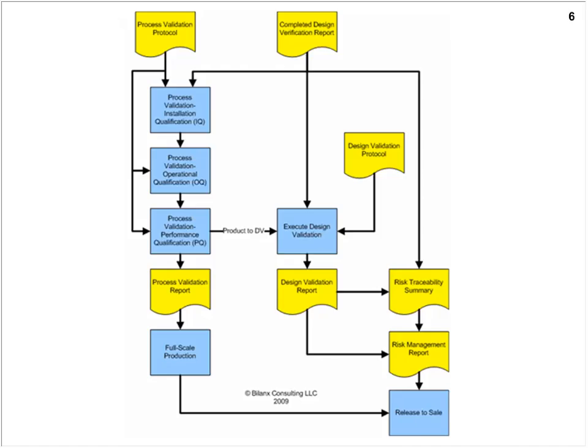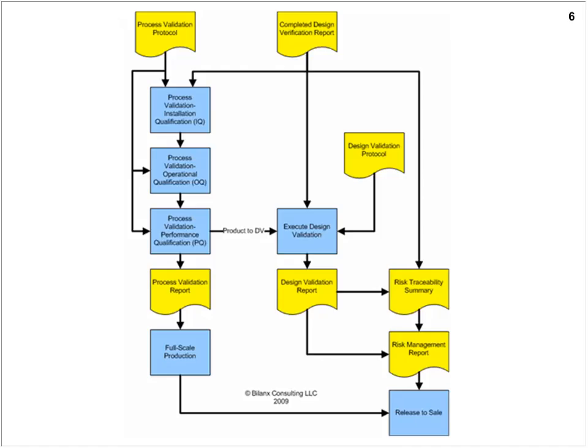Now, on the process validation side, when we do have a successful process validation report, then we're able to enter full-scale production at that point, and we can produce product. However, we cannot release that product to sale until we've completed two other activities. One is, of course, the design validation and a report that says that's successfully completed, and also our risk management